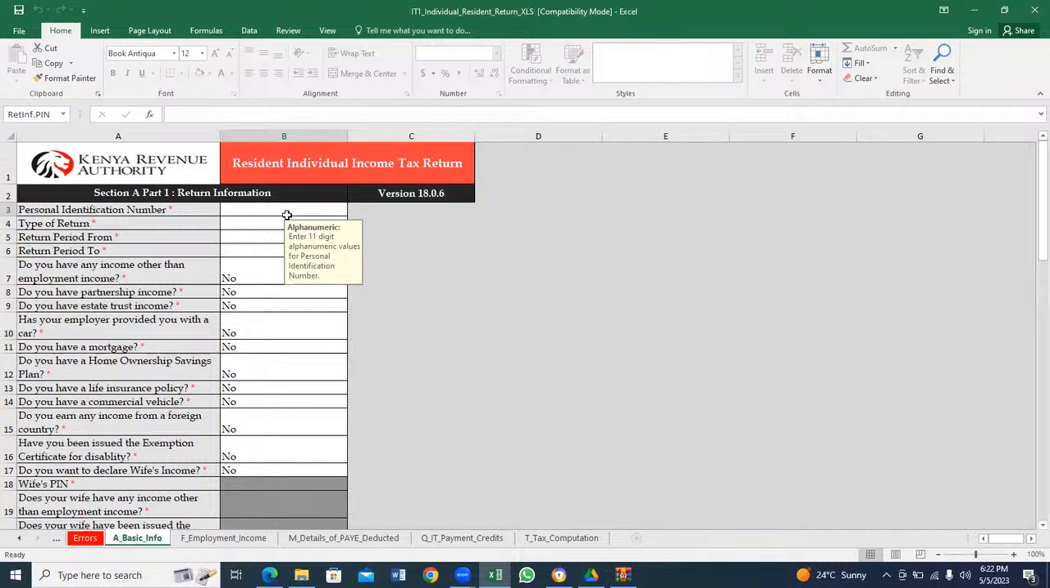So we first of all put the pin. Let's feed the pin here. Have you been able to feed the pin? The pin of the employee, that is A0181